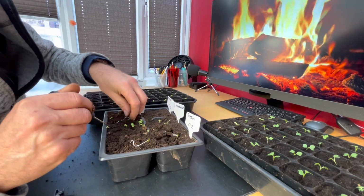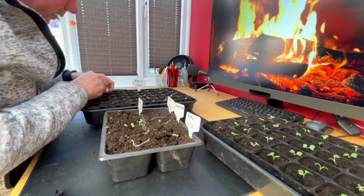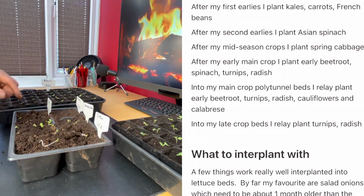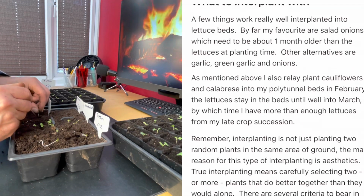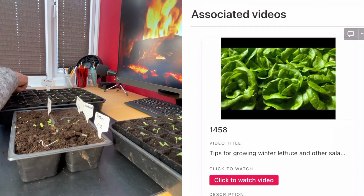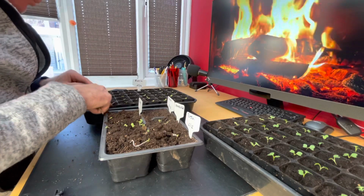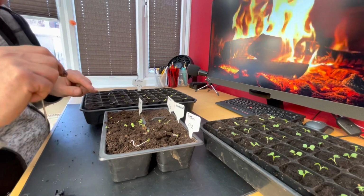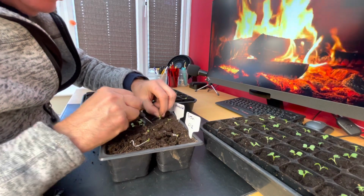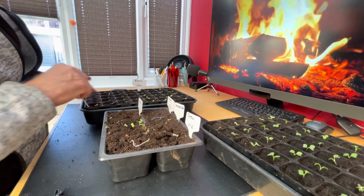And then I also do a lot of relay planting, where you plant 2 things in the bed that would interfere with each other were they allowed to spend the whole of their lives in the bed together, but they don't. An example of that would be in a spinach bed. In March I might start planting parsnips and harvest every other spinach plant and plant a parsnip in between,